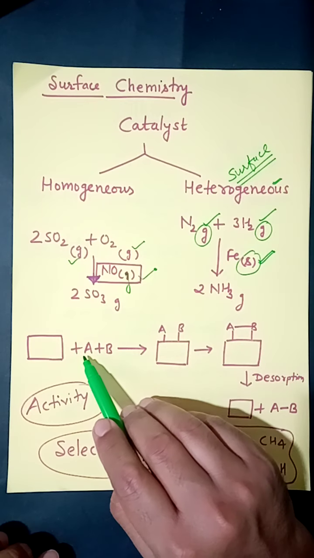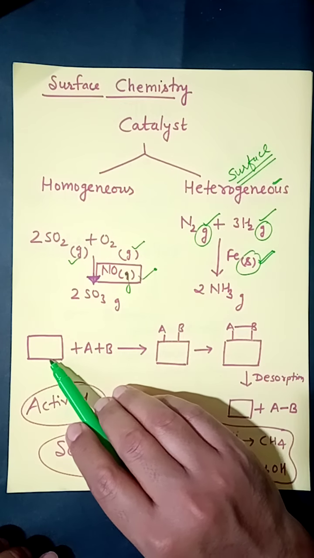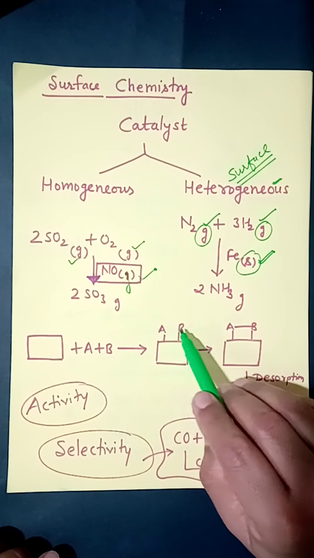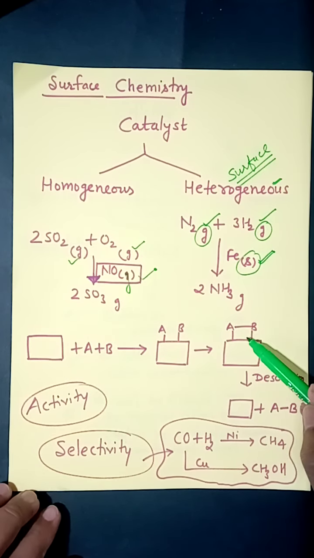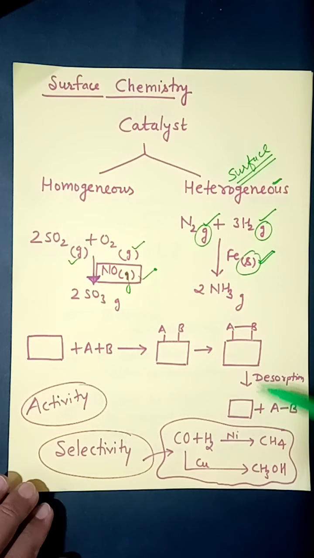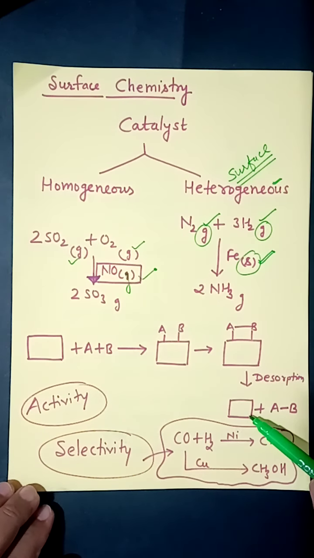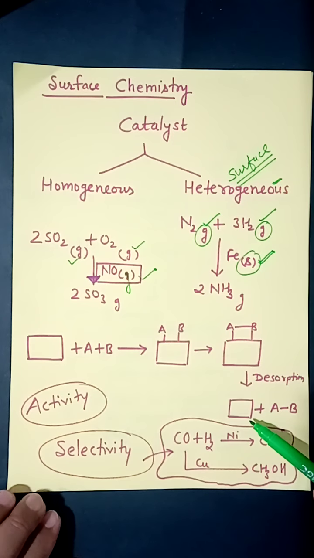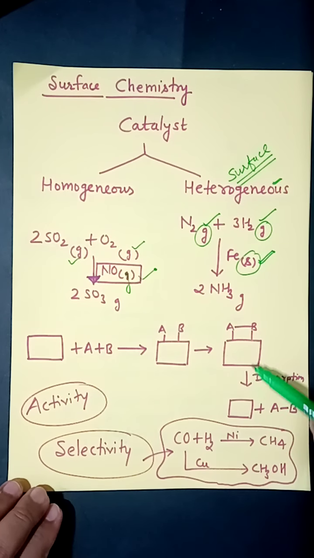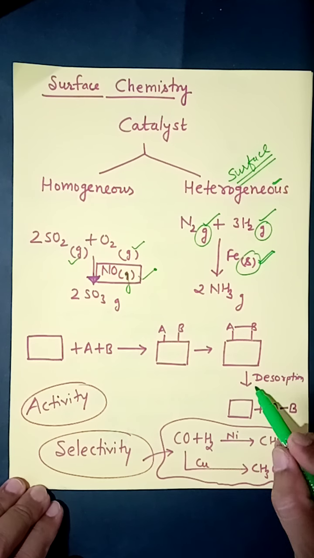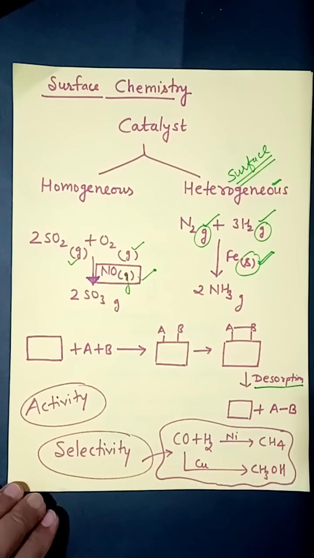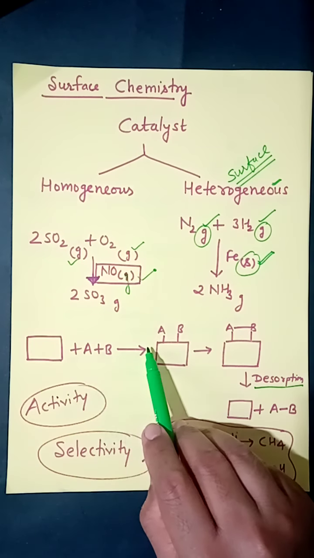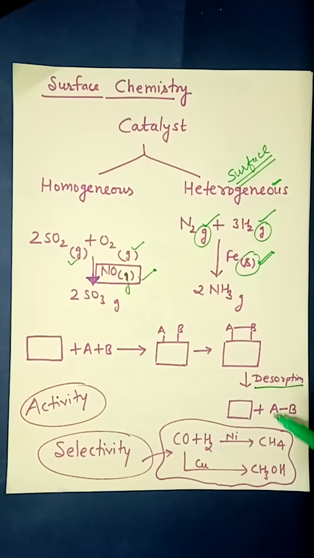So after formation of bond, you can say now they are reactants and this is now product. I repeat, first reactants get adsorbed. After adsorption they interact with each other and form chemical bond. You can consider this as product. And finally the product leaves the surface of catalyst and catalyst is available for other chemical reaction. This process can be considered as desorption, as we all know. So there are two phenomena involved in heterogeneous catalysis. First step is adsorption and then last step is desorption.